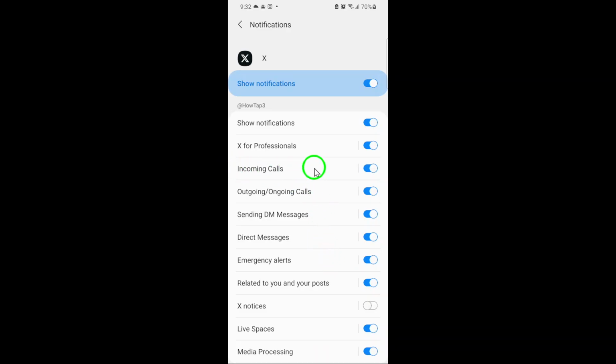If the switch next to it is off, that's why you haven't been getting call alerts. Simply toggle it on. That's it. You've turned on incoming call notifications for X app. From now on, whenever someone tries to call you through the app, you'll get the notification instantly, just like a regular phone call. If you want to make sure you never miss these alerts, you can also check that your